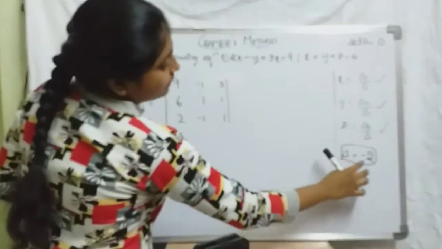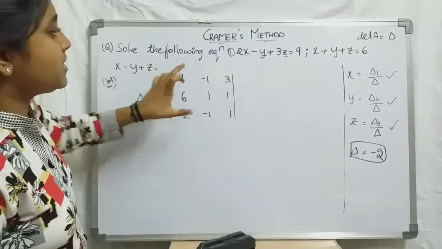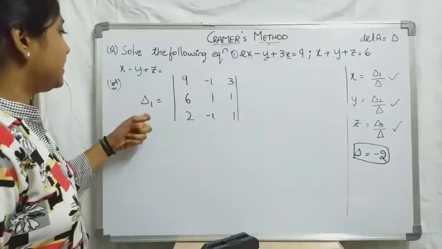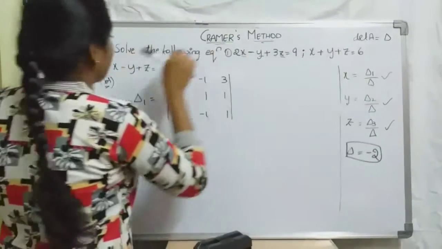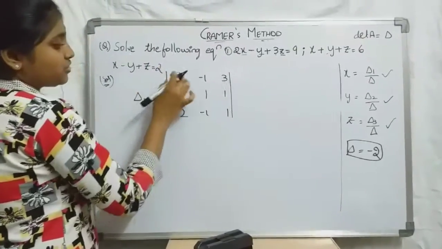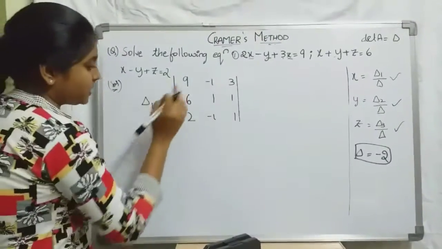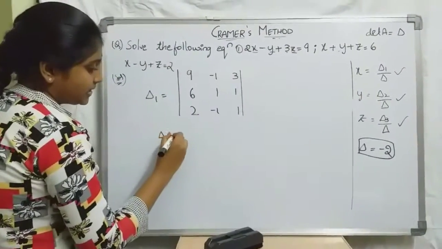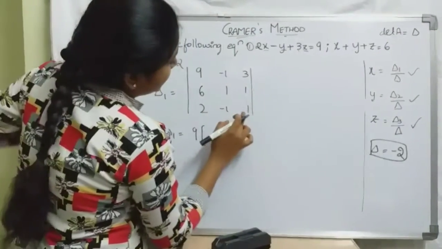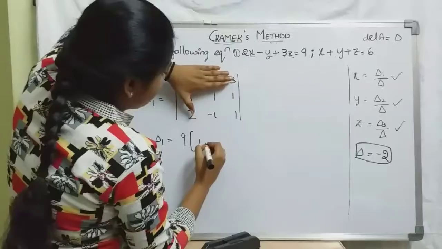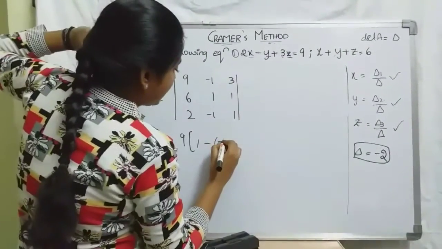We got the delta value as minus 2. Just now I said we need to place the first column with the constants to find delta 1. So I have placed here the constants of the equation in the first column. Now we need to find the determinant of this matrix. That is delta 1 is equal to 9 into (1 into 1, that is 1, minus 1 into minus 1 into 1, that is minus 1),